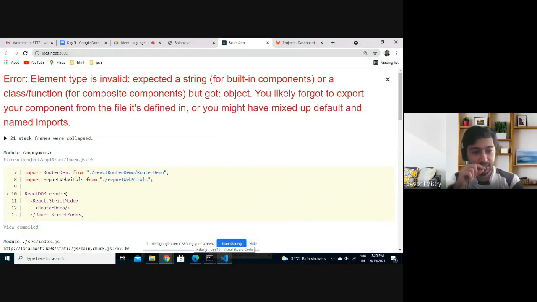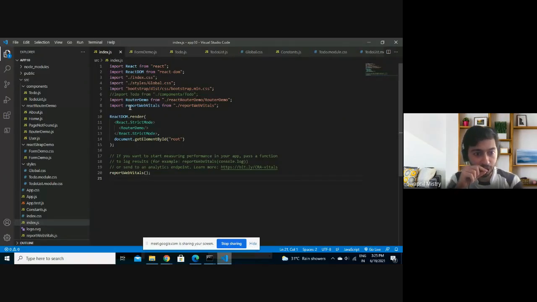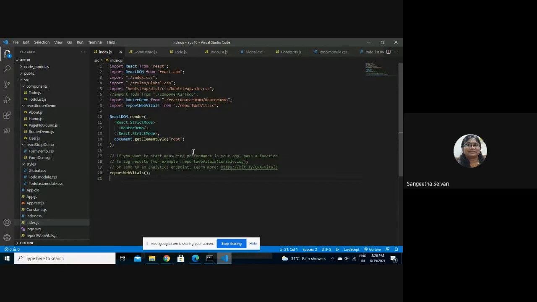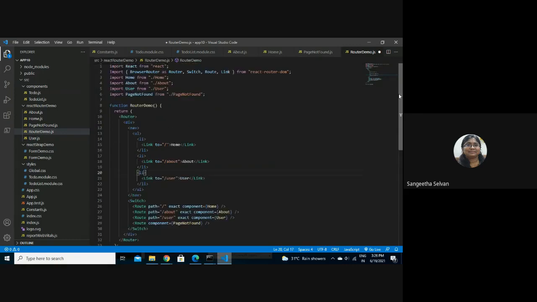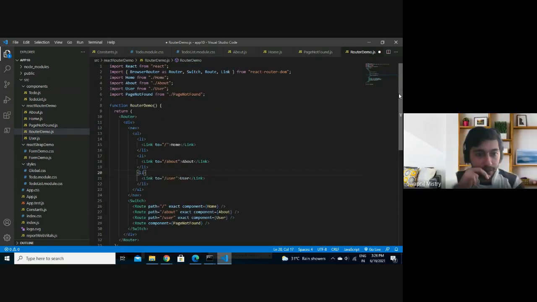In the router demo, did you export the components from the home page, about, and user?